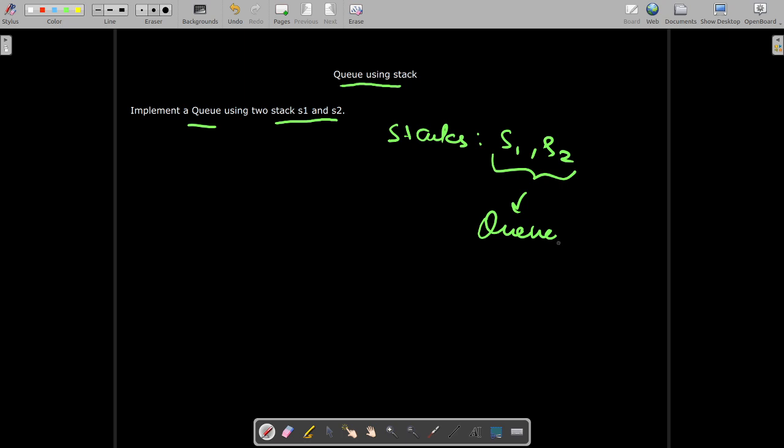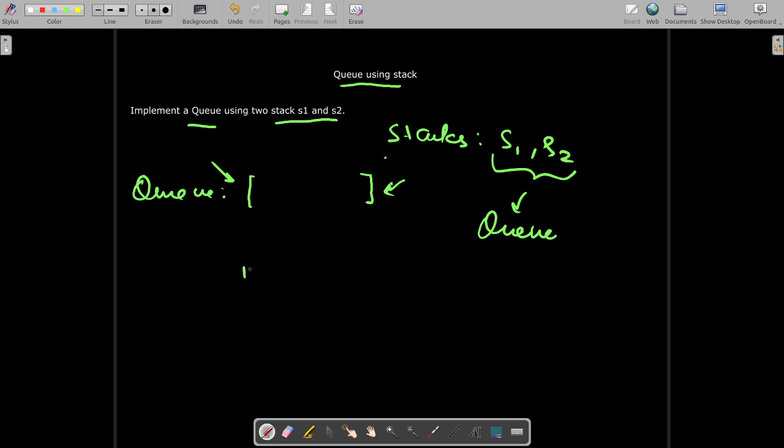First we will talk about what is a queue and what is a stack. First, the queue. A queue is a data structure which has two ends, or two openings. It has a rear end and a front end.